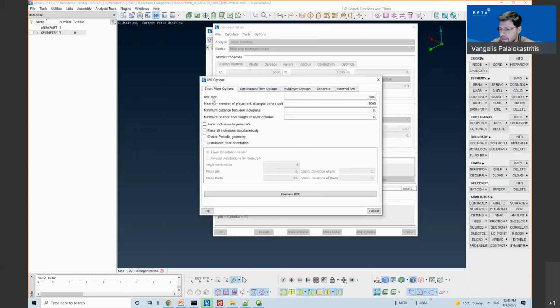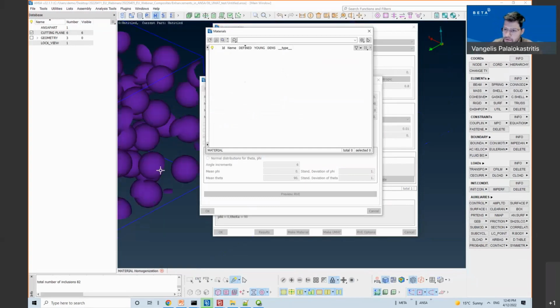Okay. And so the short fiber RV will have the particles inside the volume. The parameter here that I want to specify is the size of the RV. It will create a cube, actually. I have the option to create a periodic geometry.